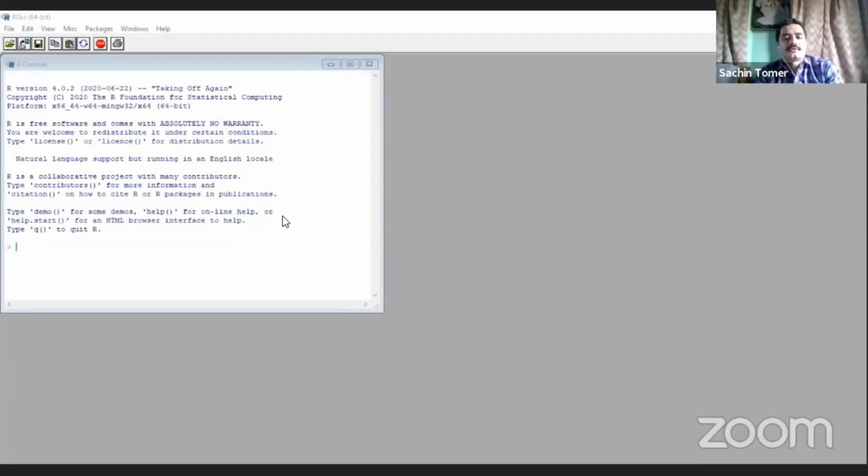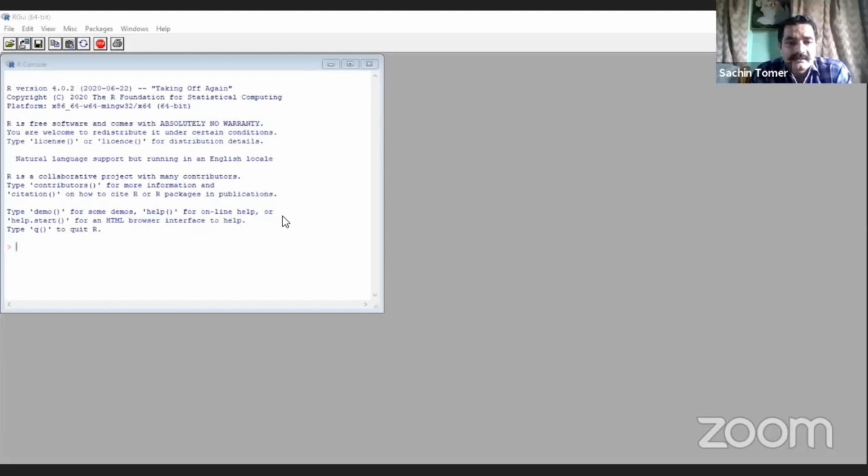So let me share the screen. So there it is, the interface of R software. I repeat, first we have to download R software using the steps which I have elaborated in the presentation. Then we have to install the software in our system.